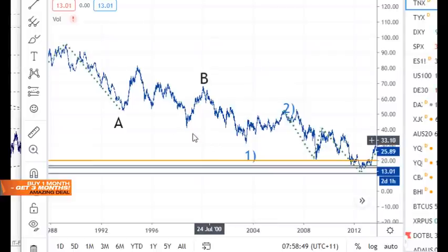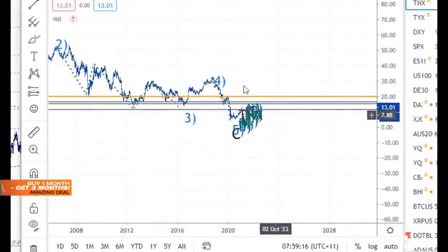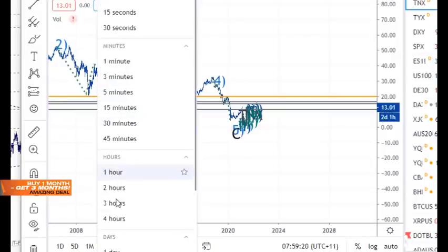But make sure that you understand that you need to pull apart each structure here and make sure that that would have to be in 3 waves for that to be wave 1 and 2 here of one degree, and then a smaller degree of wave 1 and 2. So you need to check that to see if you can get 3 waves out of that. But anyway, I was starting some work on it, and this is weekly here, so coming down into that last